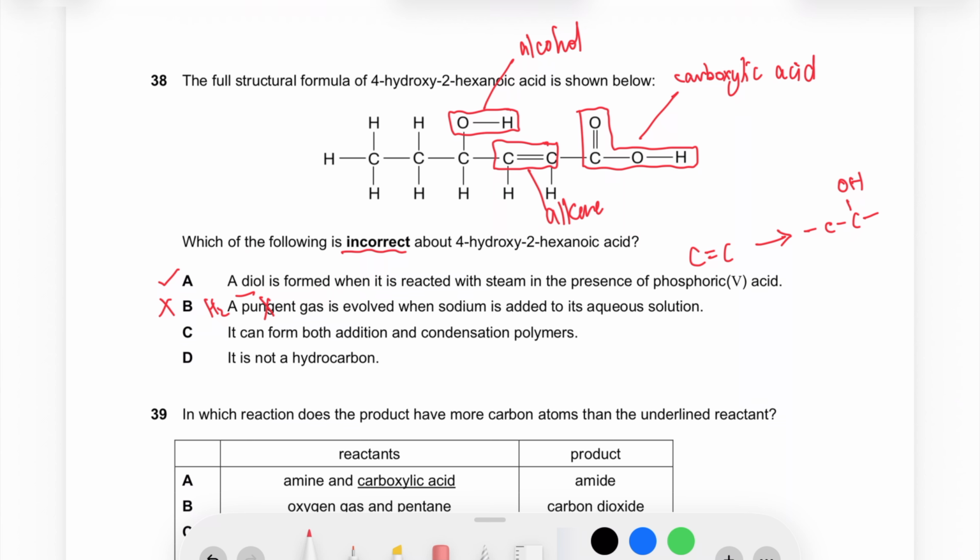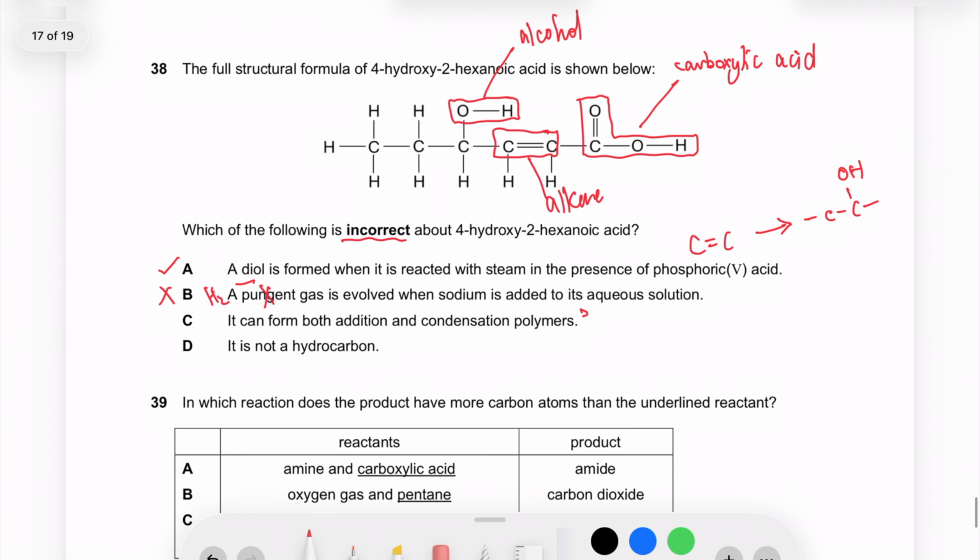Let me see. It can form from both addition and condensation polymer. Addition. That sounds wrong. Okay, let's put the question mark first. It's not a hydrocarbon. Yeah, definitely this is true, because it has oxygen as well. So which of the following is incorrect? Okay, so it's either B or C. Let's look at the option again. Pungent gas is